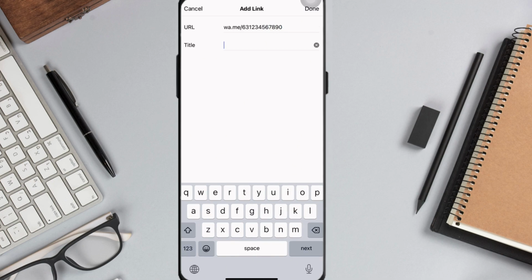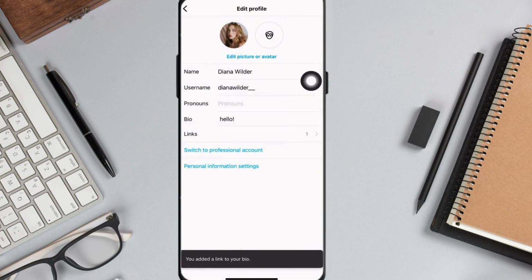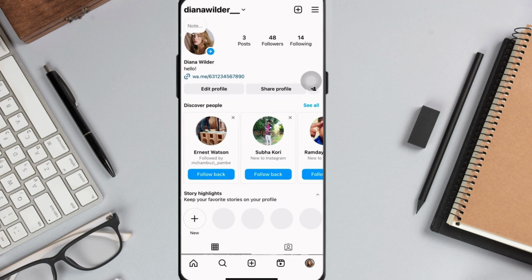And then just put in a title. I'm just gonna input what's up here and then select done. So once you go back to your profile, you'll see that your WhatsApp link is now linked in your Instagram